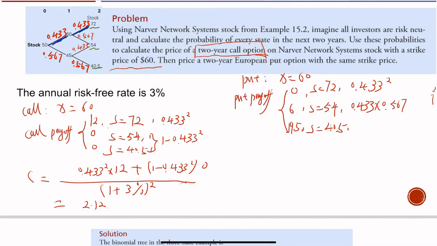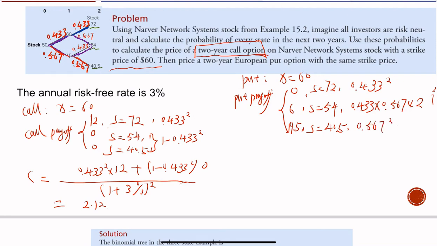The first path 50 to 60 and 60 to 54, and the second path 50 to 45, then 45 to 54, right? So that's why you have to multiply by 2 here. Now the probability to get to 40.5, you have only one path, right? You would just go first from 50 to 45 and 45 to 40.5. So in this case, you would get